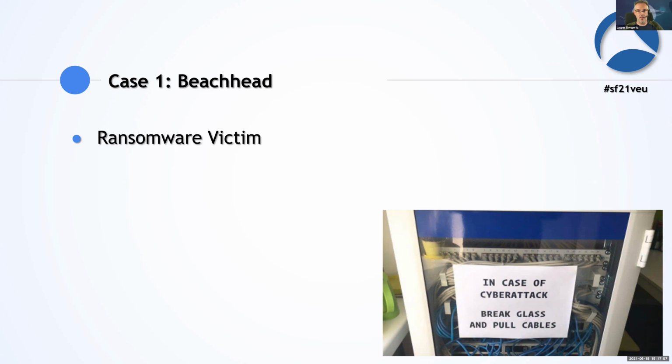I had a couple of big cases in the past, and 1 or 2 of them we will take a look at here and see what Wireshark can do to help us. And the first thing is something that is about 2 years ago, I think. I call this case a beachhead case. It is a ransomware victim in this situation. And now the problem is they called us and told us everything is encrypted completely. There's no way to stop any encryption activity from going on, which sometimes happens.